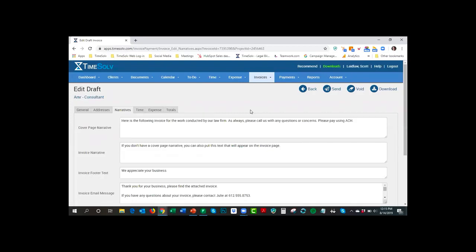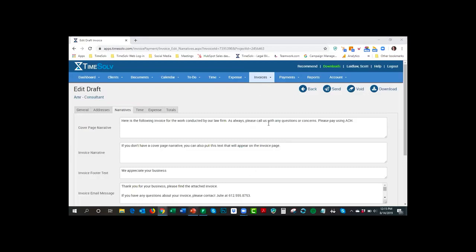So again, just a refresher that this is where you can think of it from broadest to most granular. The broadest is those firm settings that you're going to use the majority of the time. You can modify them then for a specific client, modify it for a specific matter within a client, and then you can modify them even at a specific invoice. All right, so it's from high to low, if you will.